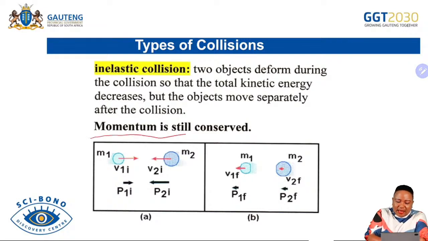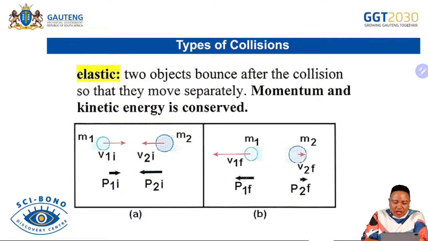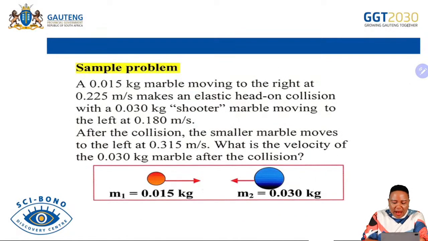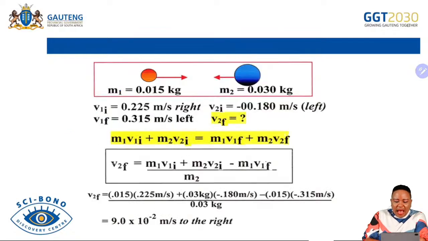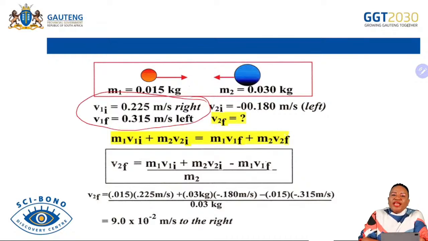So we are still saying the momentum will be conserved in this type of collision. I want us to go to a point where now we are proving that momentum is conserved or not conserved. Like when we are given a scenario like this one, we need to calculate the kinetic energy before collision, and the kinetic energy after collision.